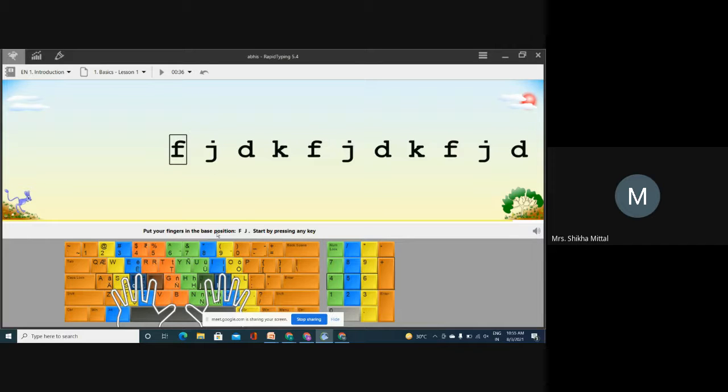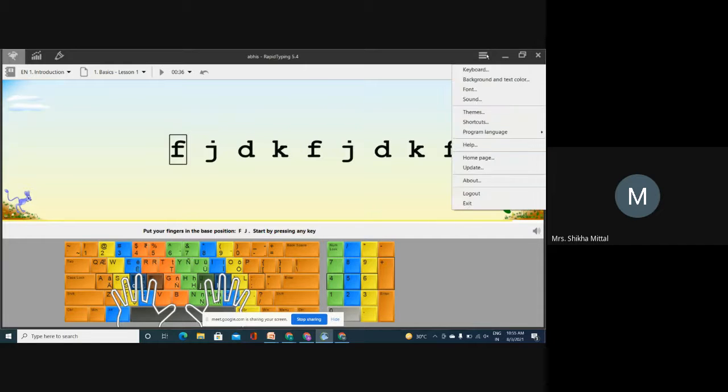So it's telling you to put your finger on F. So it's a status bar, which shows the current status. Where are you? Is clear? This is a speaker volume. This is a minimize maximize button. These are the options. Option button. This is a current lesson timing. How much time you will take?